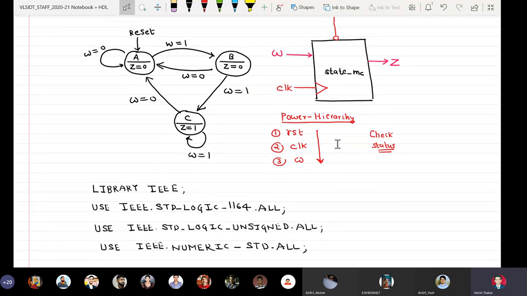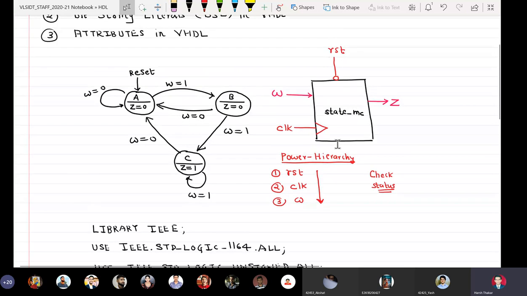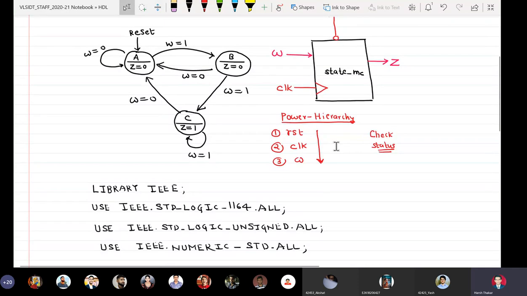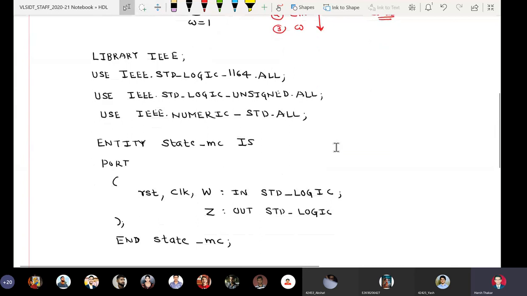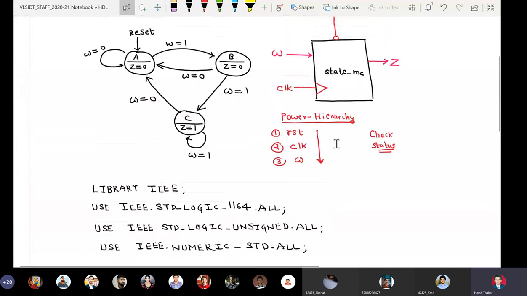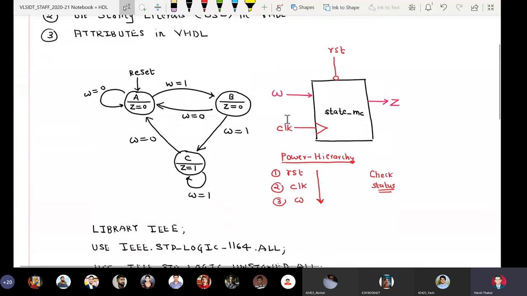If the positive edge of the clock arrives, then we will ask the question: what state is my machine in? If it is in state A, then depending upon whether the input is 1 or 0, we are going to change states as per the state diagram. This is a verbal explanation of the architecture body of our VHDL model. Now there is one thing which we are going to learn that is new. As I told you, our state machine has states named A, B and C. So we know that VHDL is basically a language for modeling digital systems.